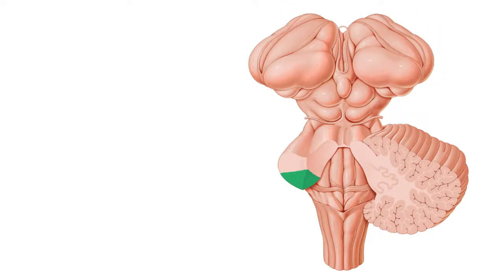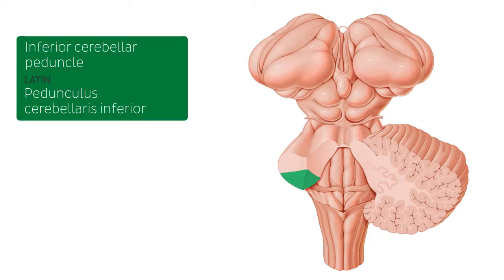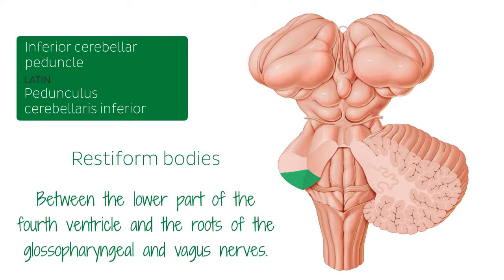This is a posterior view of the brain stem, where you can also see a bit of the cerebellum cut. Now, this structure highlighted is known as the inferior cerebellar peduncle, and let's start with this one, which sometimes is named the restiform bodies. They are thick, rope-like strands which are formed by fibers of the posterior spinocerebellar tract and the axons of the inferior olivary nucleus, and they lie between the lower part of the fourth ventricle and the roots of the